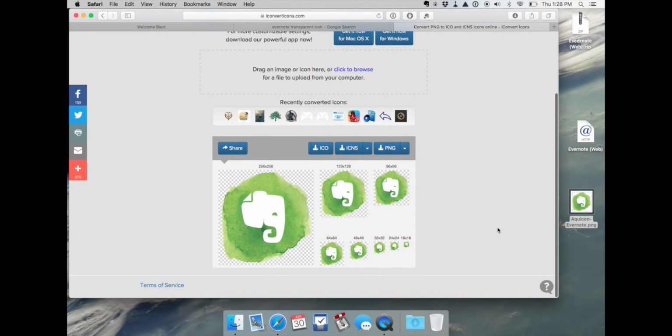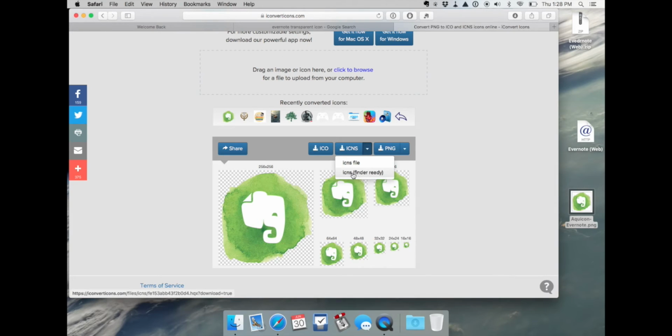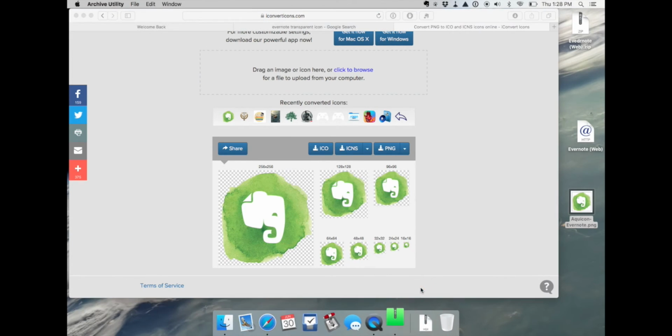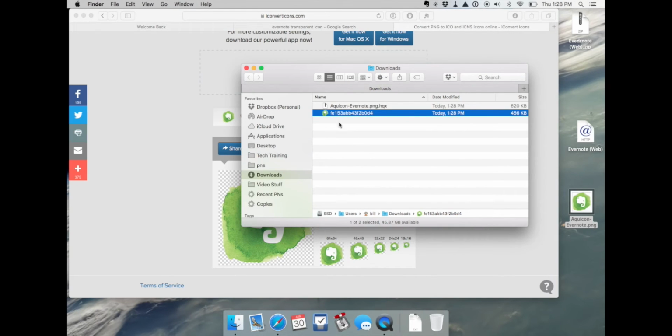So a bunch of buttons show up here. I'm interested mostly in this one here that says icons with the down arrow beside it. I'm going to grab the icon that's specific for Finder. Touching on that will cause the thing to jump into my download box. I'm going to open that. It's going to unzip itself, and now we have this fancy icon file that we can actually use for our